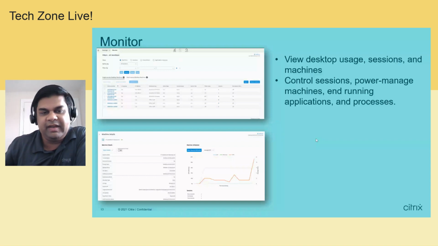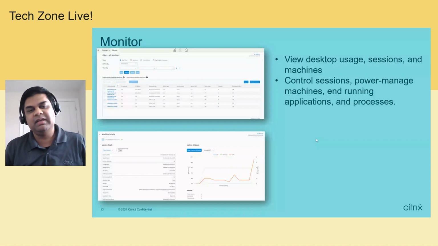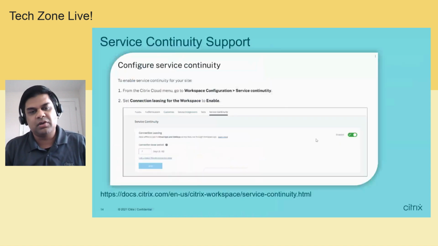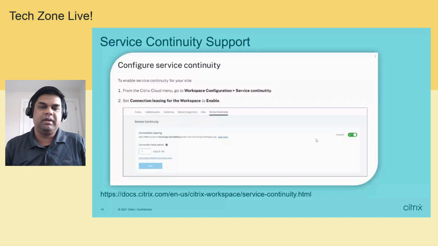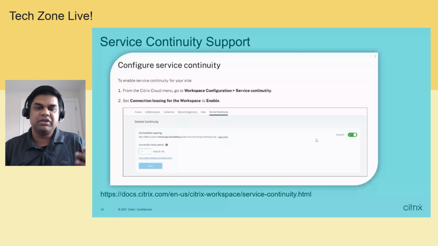And on that note, we are very excited. You probably heard that service continuity is now GA. It went GA in June. That also applies for CVAT standard for Azure. In case you're not familiar with service continuity, think of it as a service that we have built for our cloud-based deployments, especially those leveraging workspace. So even if one of the cloud services that we manage goes down, or it could be a third-party cloud service like one of the public clouds that we depend on, if any of those outages impact the CVAT service, the end user would still be able to access their apps and desktops.